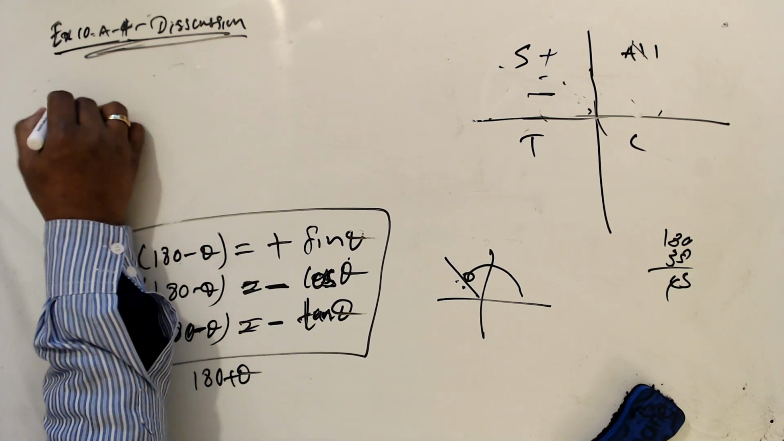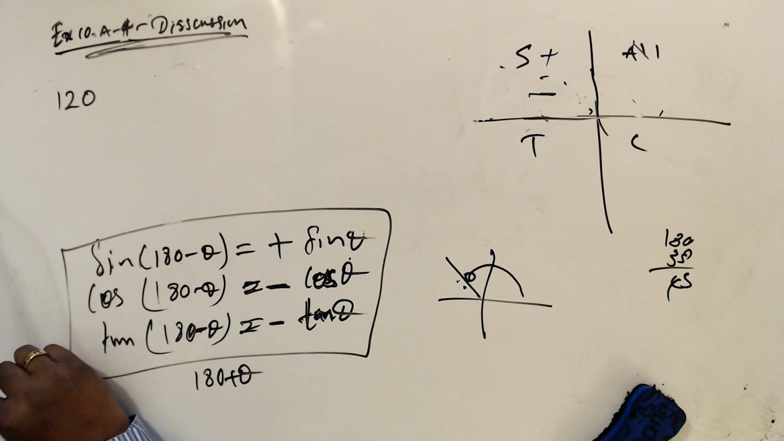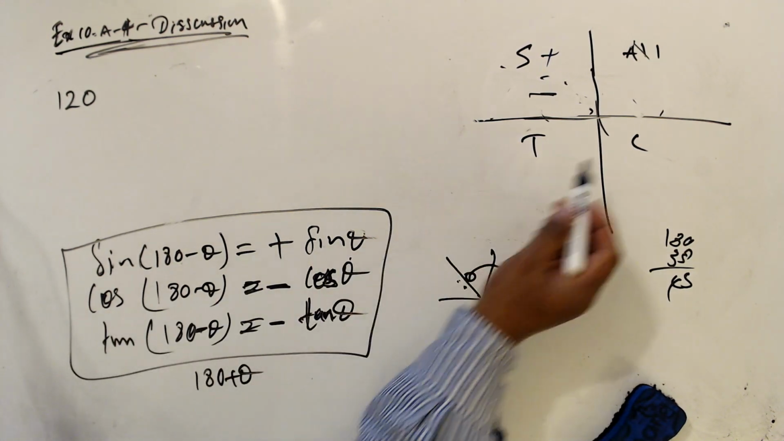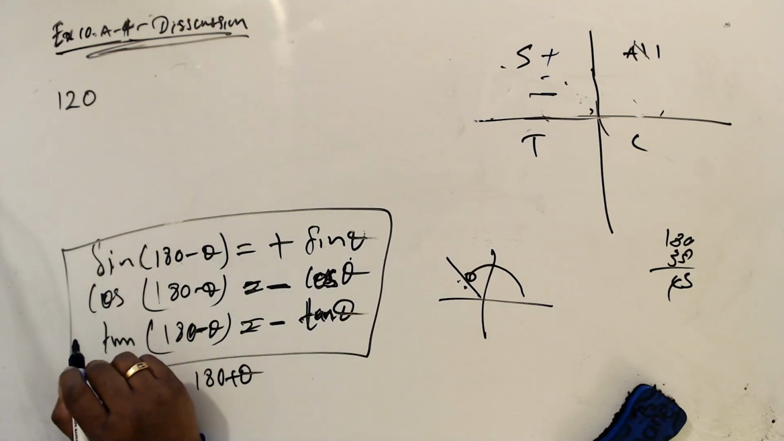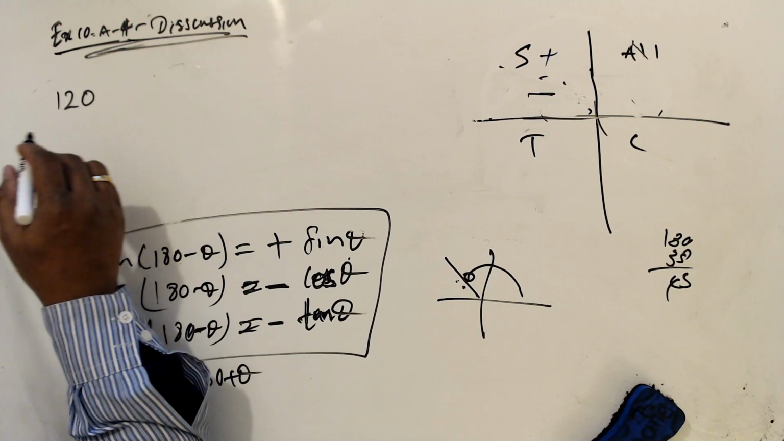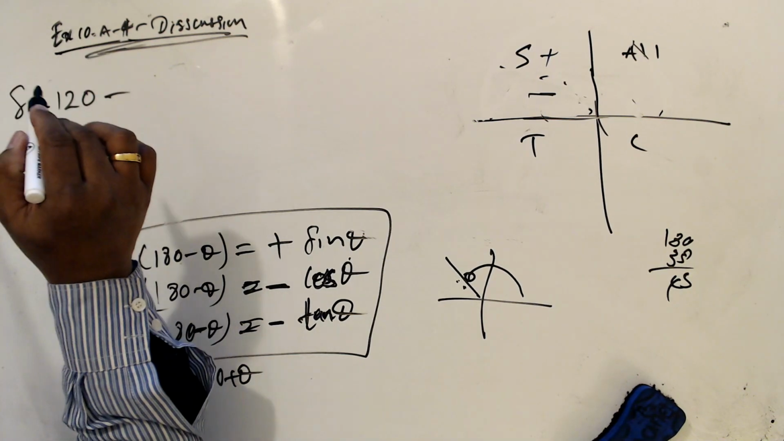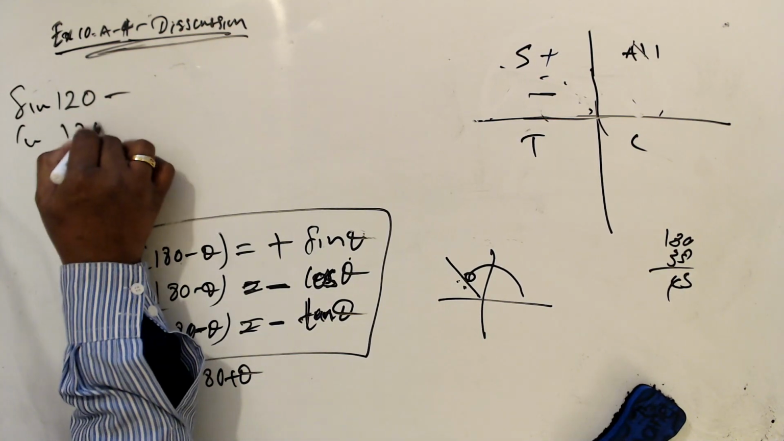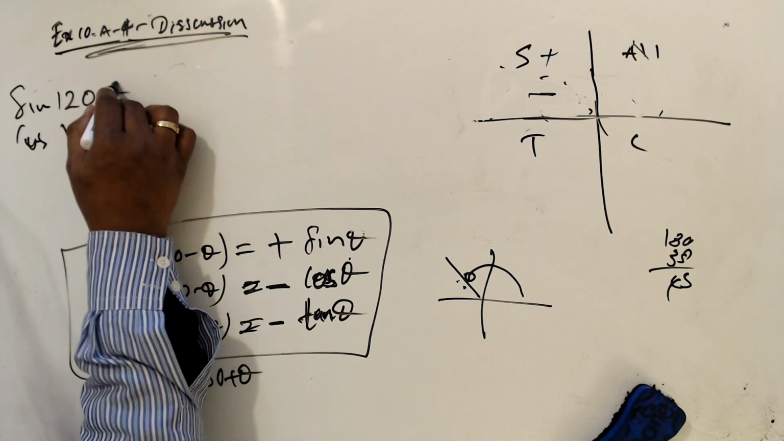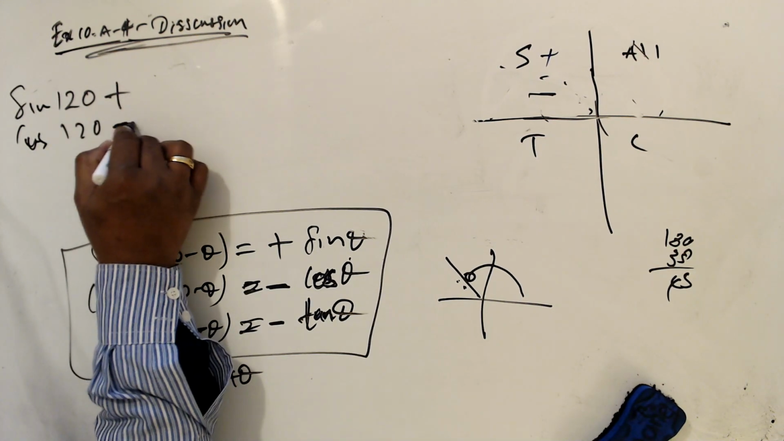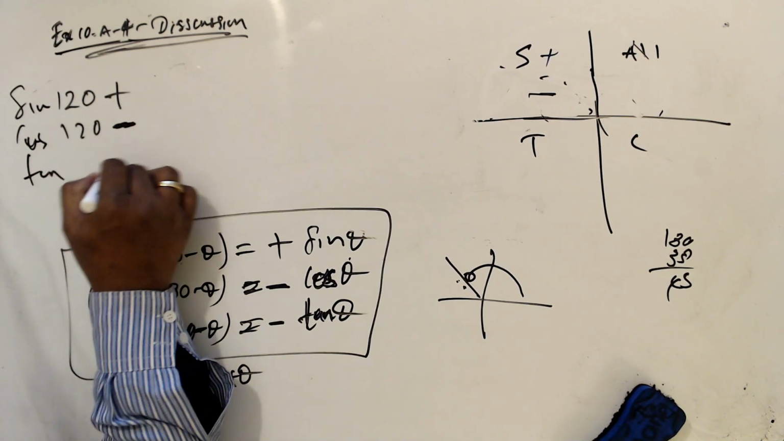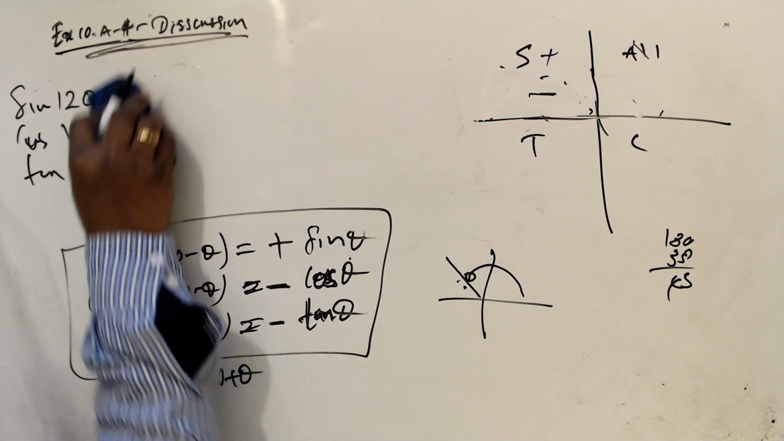120. 120 is in which quadrant? Second quadrant. In the second quadrant, the sine ratio is positive. Cos ratio is negative. Tan ratio is negative. So having this knowledge,